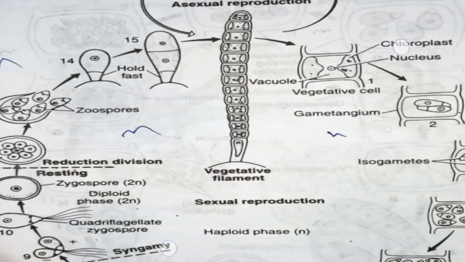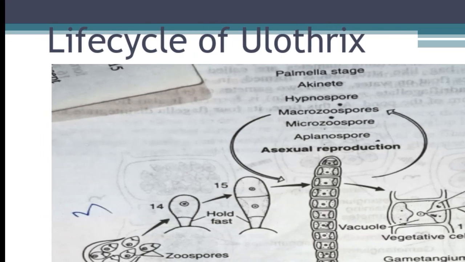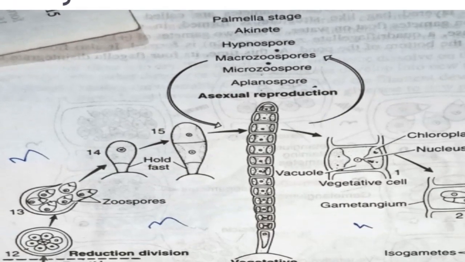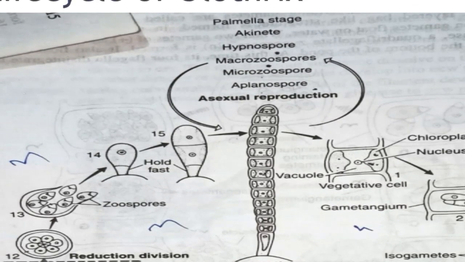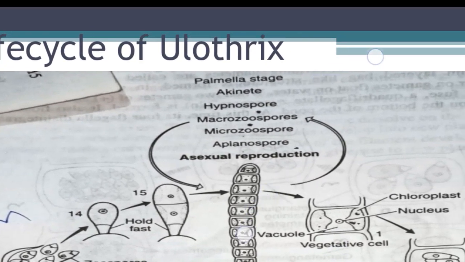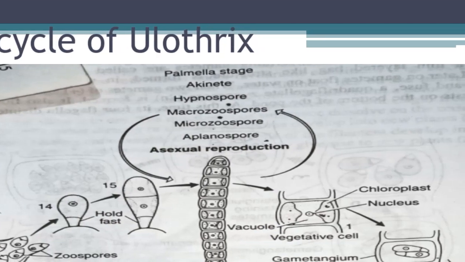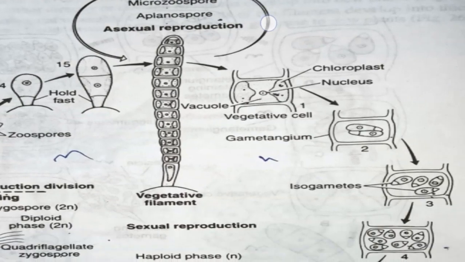Very much important, we can say that it is a very complicated life cycle. In the asexual reproduction it can divide by the palmella stage, by the akinete stage, by the hypnospore, by the macrozoospore, by the microzoospore, by the aplanospore. So many spores are formed either in favorable or unfavorable conditions, but at the same time we